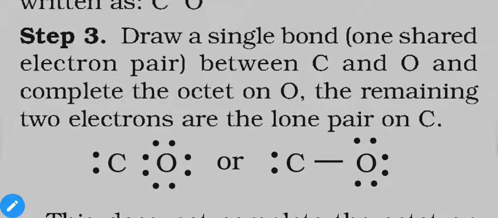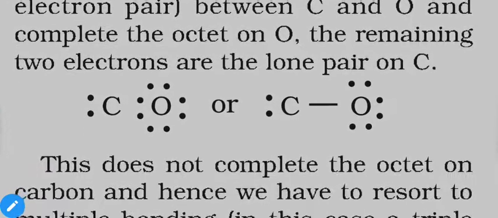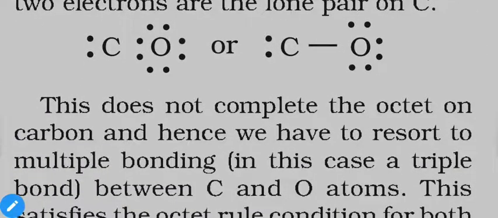As you can see, around the carbon we have only 4 electrons: 2 are shared and 2 are lone electrons of carbon. Around the oxygen we have 8 electrons: 2 are shared and 6 are in oxygen. So the octet of oxygen is complete, but the octet of carbon is not. So we have to rearrange electrons even further. To complete the octet of both of them, we have to arrange extra bonds. If you cannot get the direct answer, then step by step increase the number of bonds.